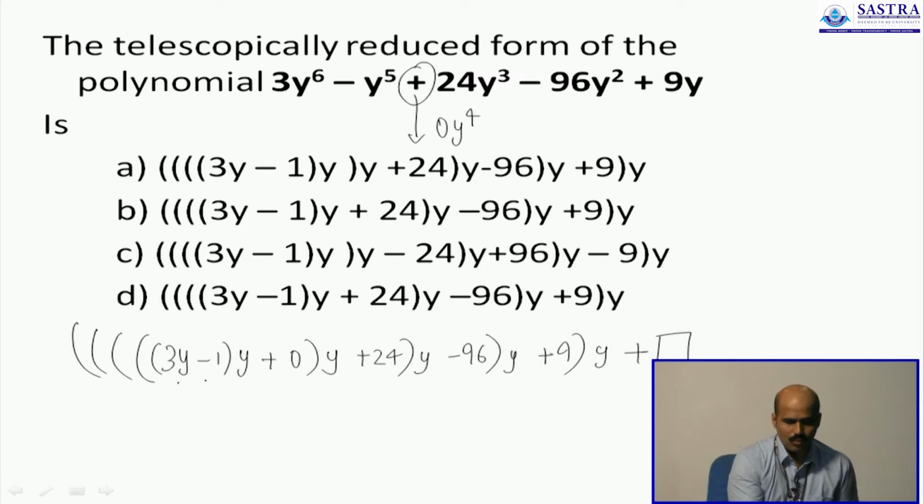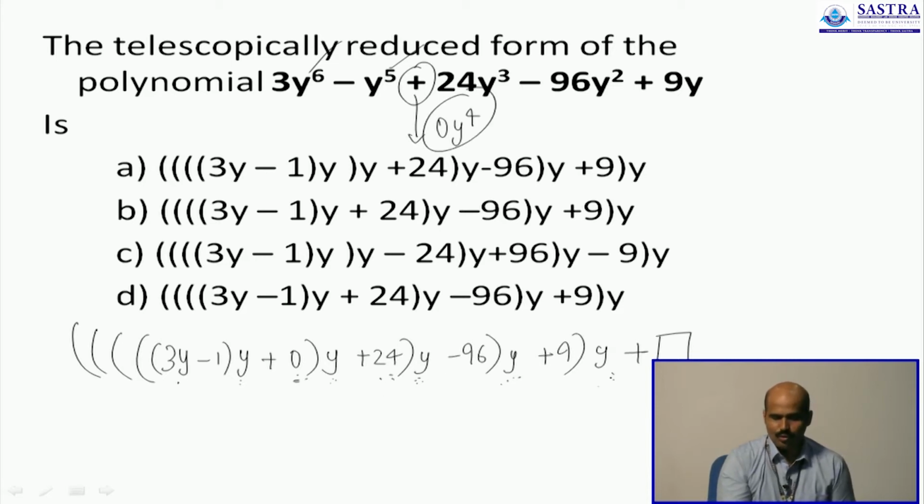Let's check this: 3y square, 3y cube, 3y power 4, y power 5, y power 6. That matches. Minus y square, minus y cube, minus y power 4, minus y power 5. That matches. 0y square, 0y cube, 0y power 4. 24y square, 24y cube, that matches. 96y square also matches. 9y also matches. So this is the final correct expression, and this matches with